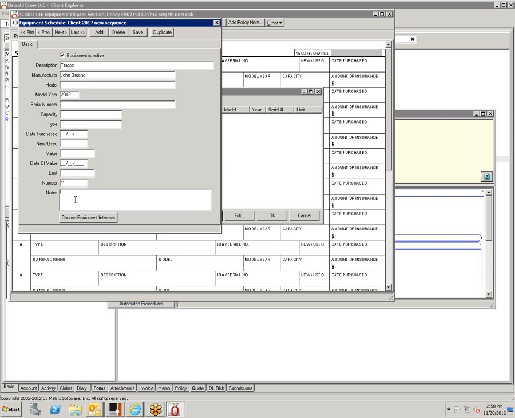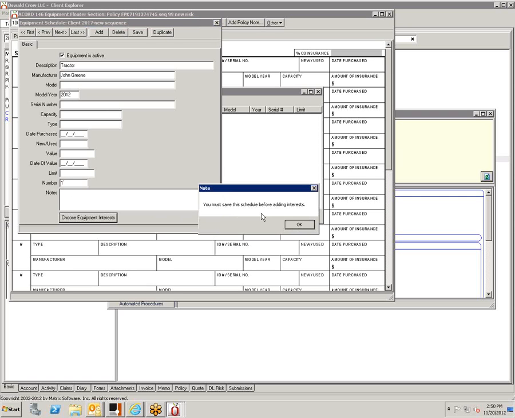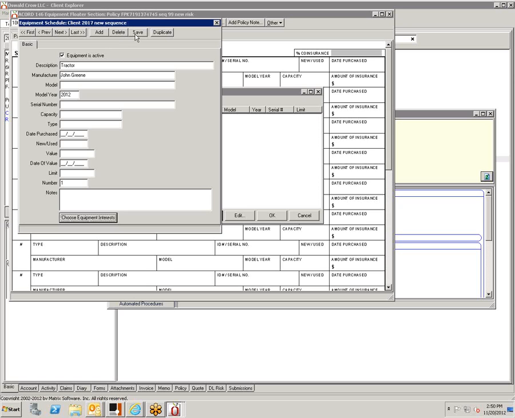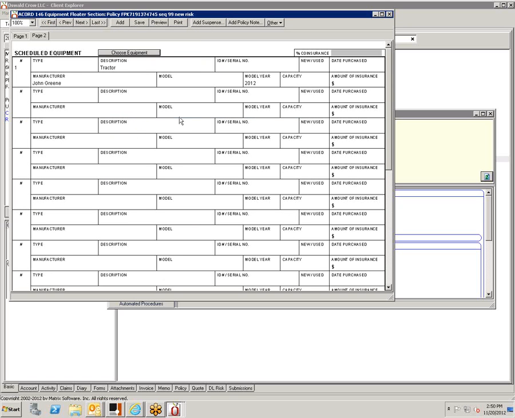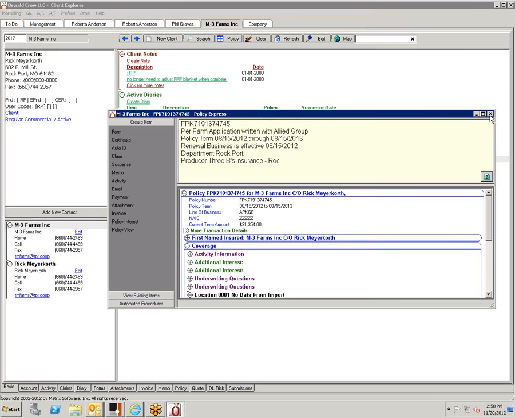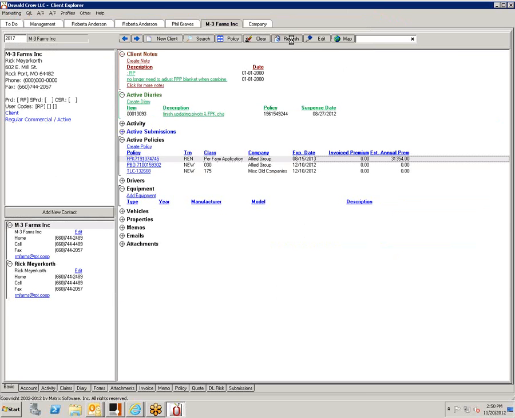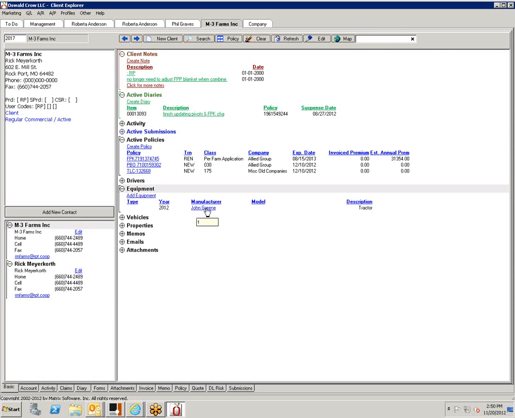You could make some extra notes. Here's the lien holder or the loss payee. You know, you just fill it all in and you manage it here, and you don't even have to import it into the, you don't have to use the 146 at all if you don't want to. Okay. Because let me show you what it does. Certainly you can import it or export it to that form, but you can manage it right here too.